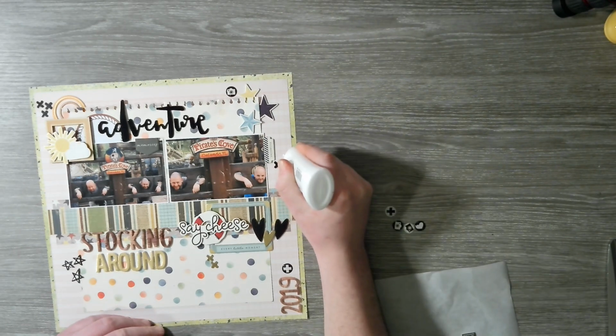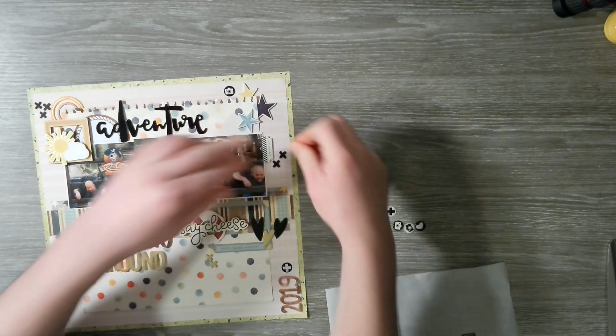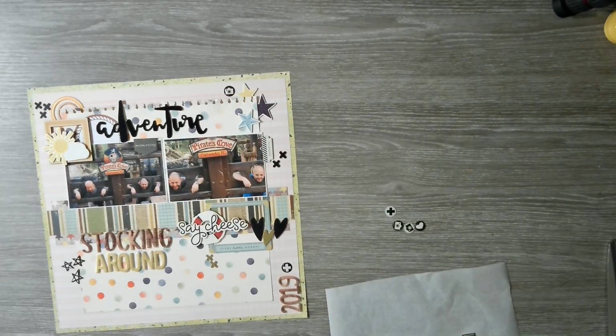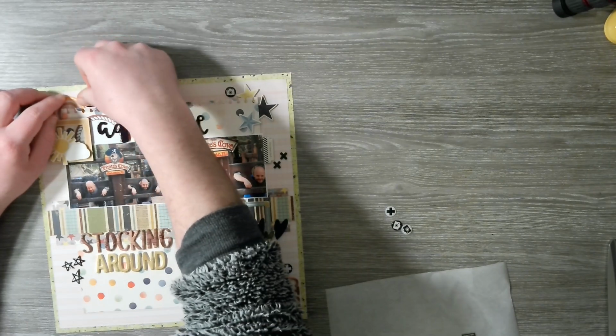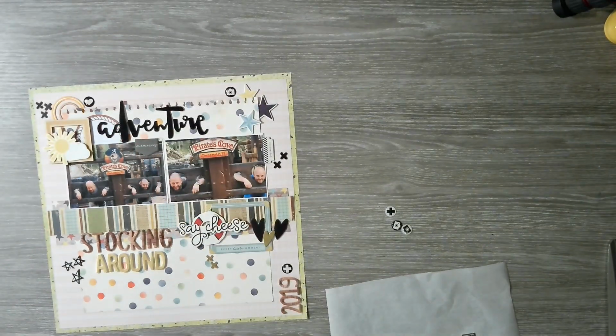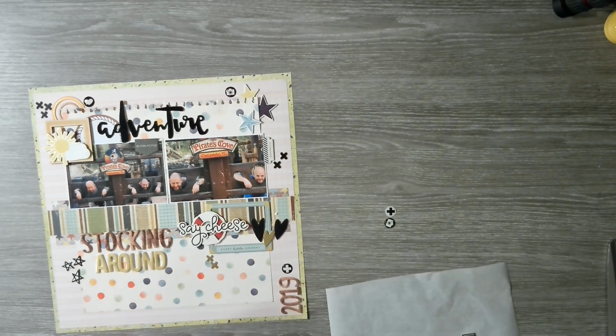If you want to do a 12 by 12 layout with a 2 by 2 photo, do it. And don't let anybody say, oh no, you can't do that. Because I've seen that as well, especially with 12 by 12 layouts. I've seen it quite fairly recently on YouTube and on Facebook, where I've seen both sides actually. So I've seen a couple of comments where somebody has done a 12 by 12 page, a bit similar to this,